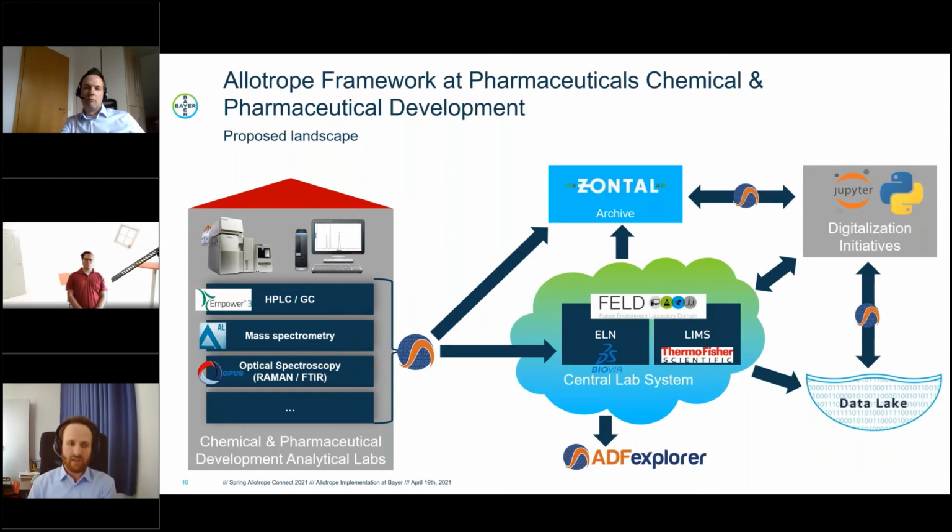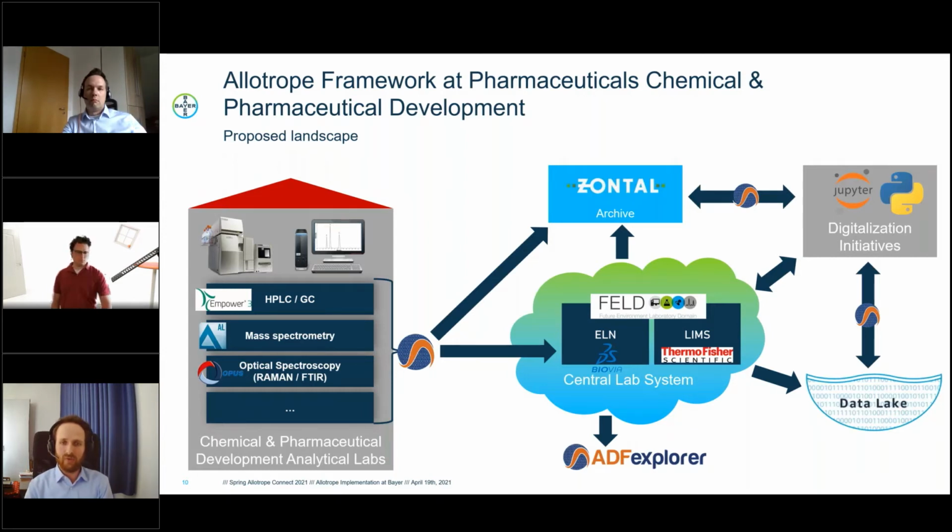In addition to that, many of you might know that if you're working under GMP, we need to archive our data, and that could be timeframes up to 30 years, depending on the data we are talking about. And there we are also currently looking into a SharePoint-based archive solution, which is also a central system here at Bayer, and which leverages ADF as the underlying format for the archive. And that could also be a potential storage